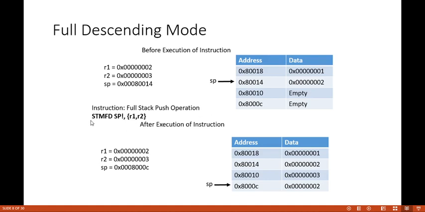Here you can see that the syntax of the instruction is STMFD SP exclamatory mark, in curly brackets R1 comma R2. You can specify n number of registers there. Not necessary that it should be R1 and R2 only. This is just an example I have taken here. So what will happen? It will decrement by 8 and it will point to the C location where your current contents are stored. So it will first store R2 and then it will store R1. Remember the sequence of the storage. Always it will store R1 in the lower location and R2 in the higher location. That is another important thing you have to remember about the stack operation.